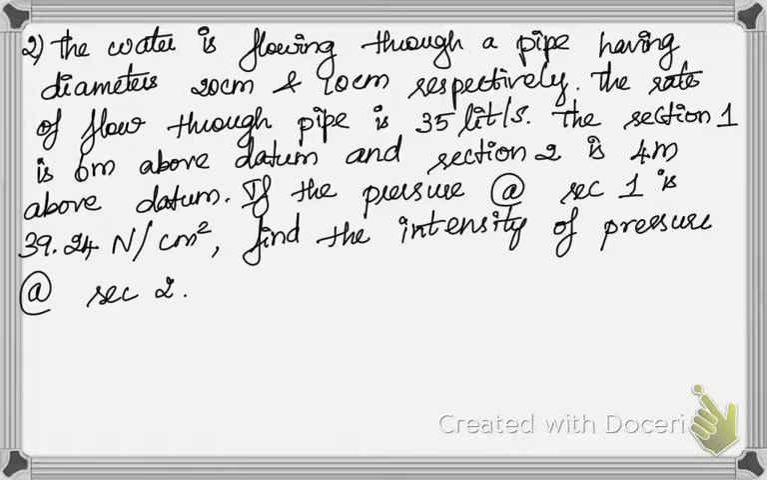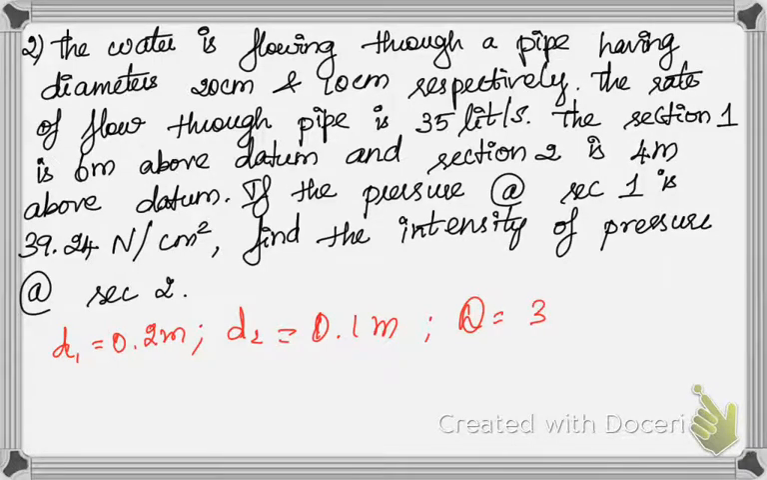The next problem is on water flowing through a pipe which has diameter 20 centimeter and 10 centimeter respectively. As I have told, we have to write the given data. So D1 is equal to 20 centimeter, which means 0.2 meter, and D2 is equal to 0.1 meter, and the rate of flow through the pipe Q is equal to 35 liters per second. We have to divide it by 1000 to get meter cube per second, which is equal to 0.035